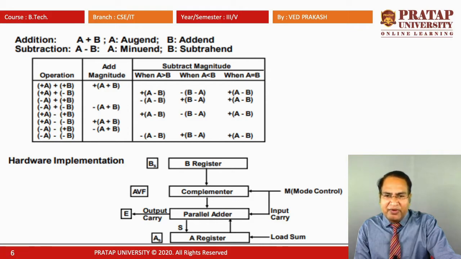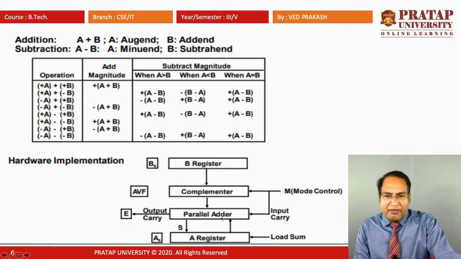This complementer is used to determine addition or subtraction. If we want to perform the subtraction operation, then we have to put the carry as 1, and if we want to perform the addition operation, in this case the input carry, or in other words the mode control, will always be sent as 0. So in the case of addition, the mode control bit will be 0, and in the case of the subtraction operation, the mode control bit will be 1. So here BS and AS are two flip-flops which hold the sign bits of the contents of registers A and B.